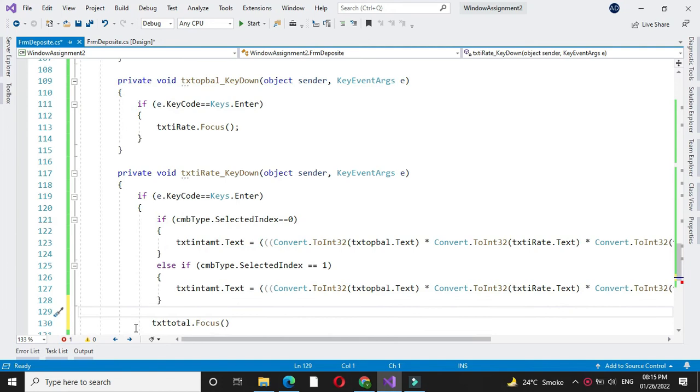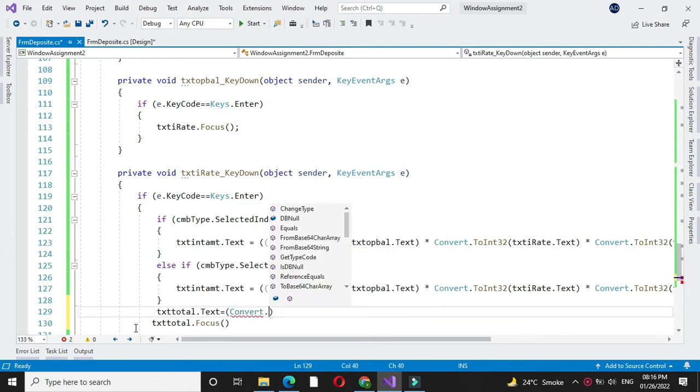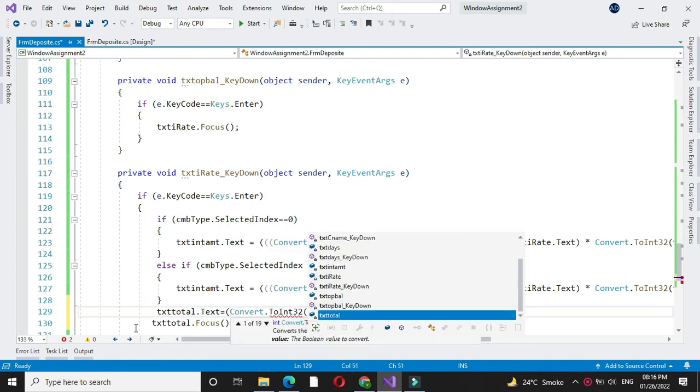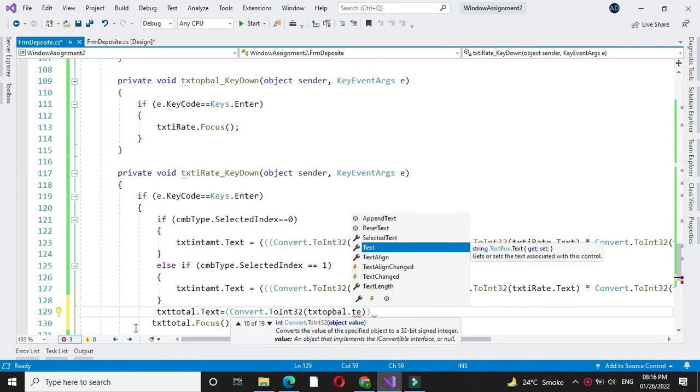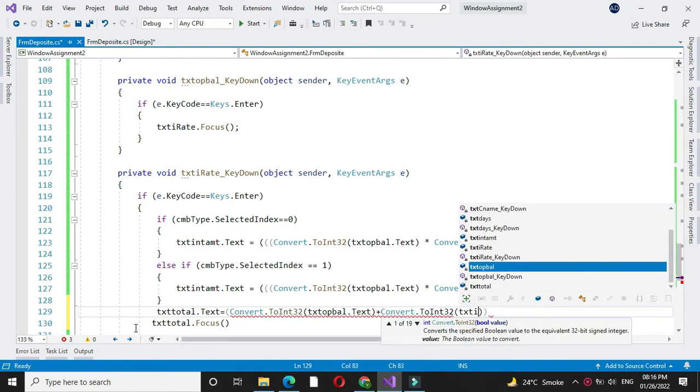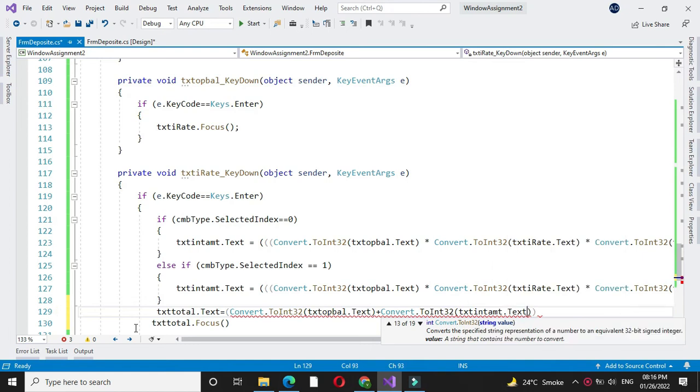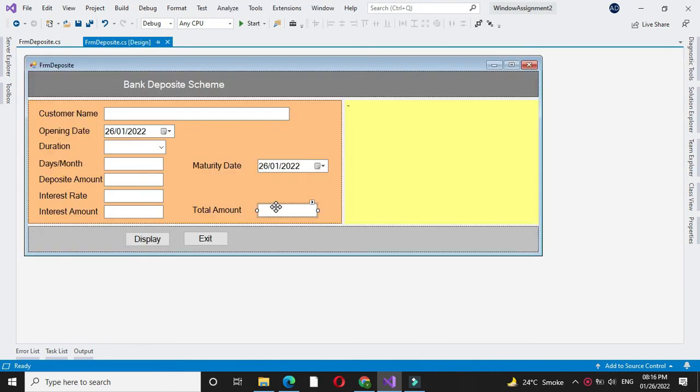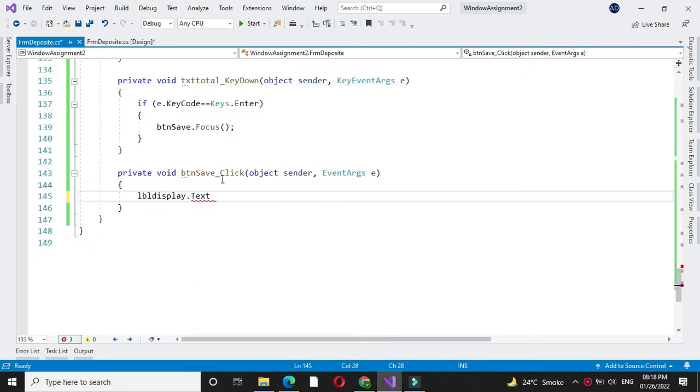At the same time we will calculate the value of total. So txt total dot text equal to, total will be opening balance plus interest amount. So convert to int32 txt opbl dot text plus txt interest amount dot text, and this whole will convert to string. And at the key down event of total we'll set focus to display, and on click event of this display we will display the data in this label. lbl display dot text equal to,